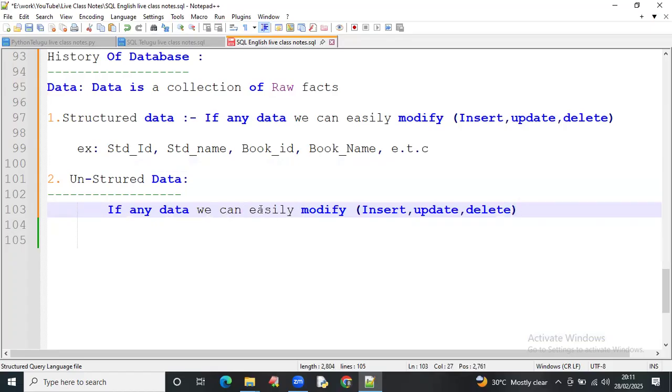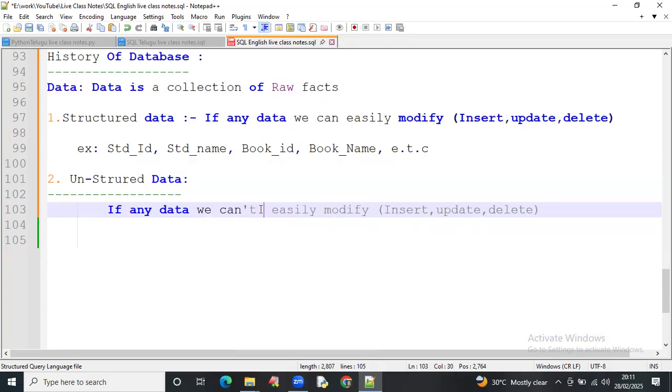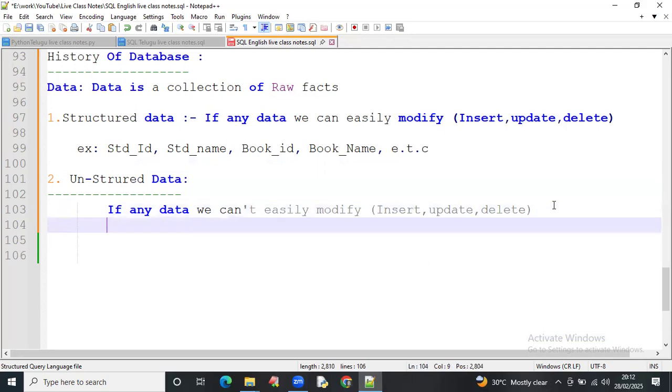We can't easily modify this data. Examples of these are